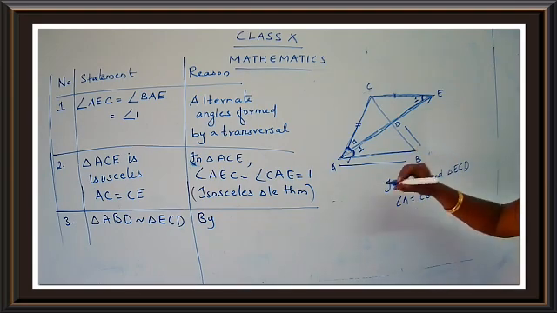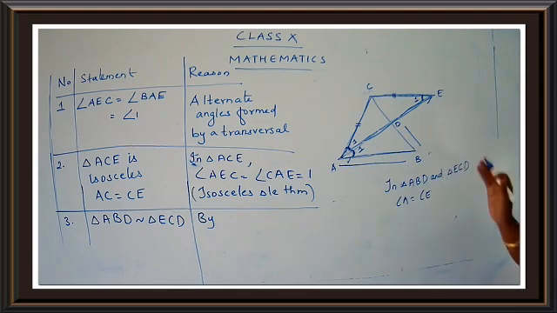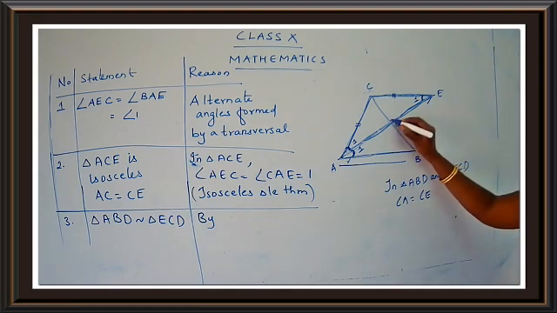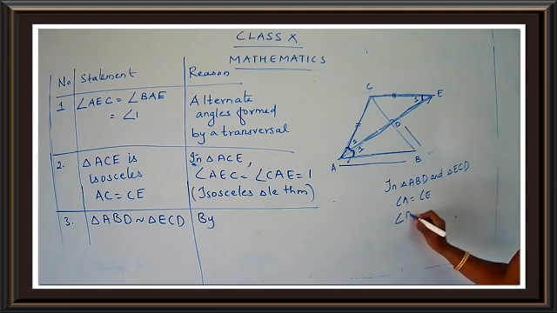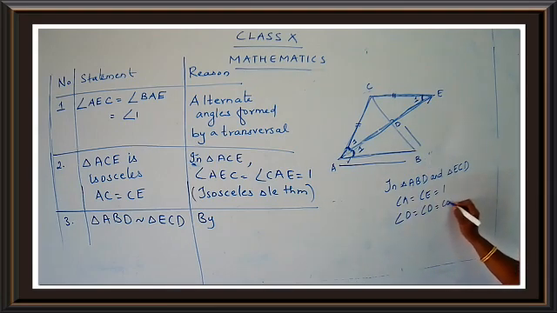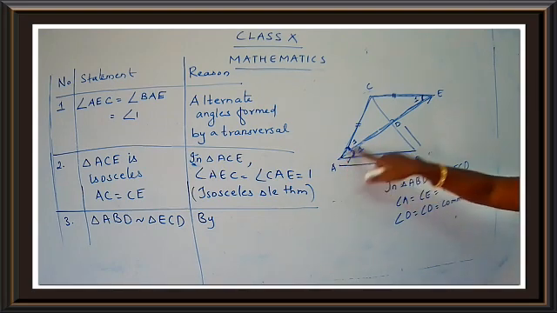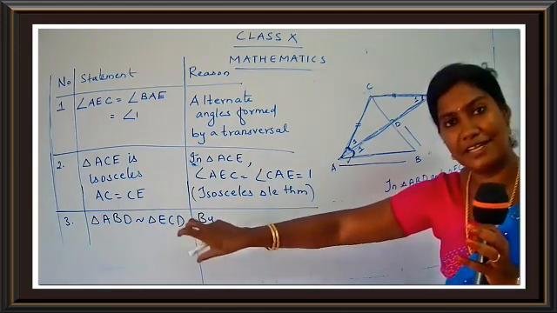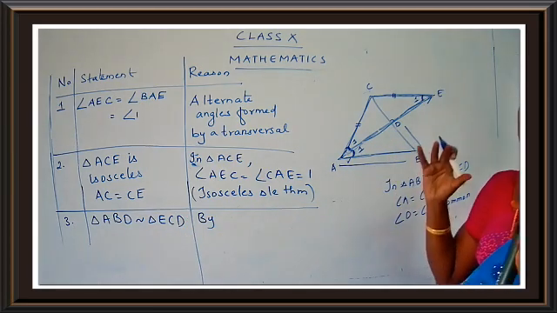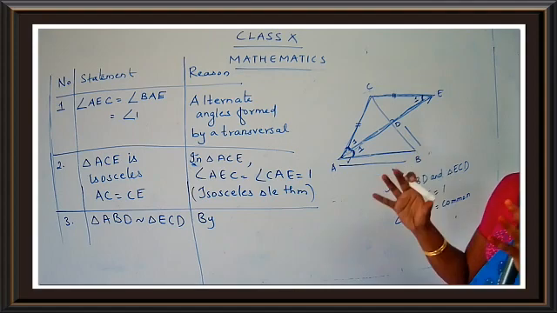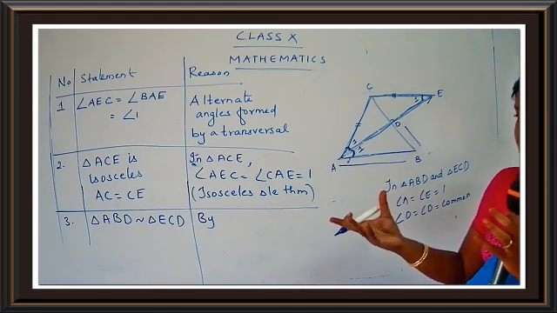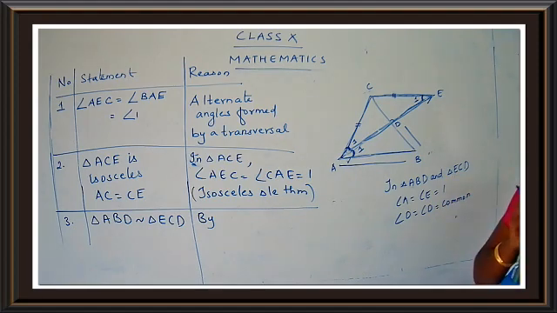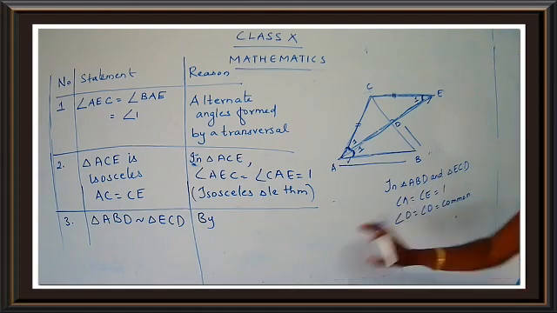Done? Now we have to show one more condition. Just see the common angle. What is the common angle here? Yes, D is common. So I'll put angle D is equal to angle D. This is common, so I got two conditions. One is angle A is equal to angle E. Here they have not done the steps; they have just skipped them. They have done it directly because you can just look at the figure and have an idea, and you can find out the type of similarity. So there is no need to show this part. I just want you to take down this explanation in the rough part with the pencil so that you may have an idea why we write this step.